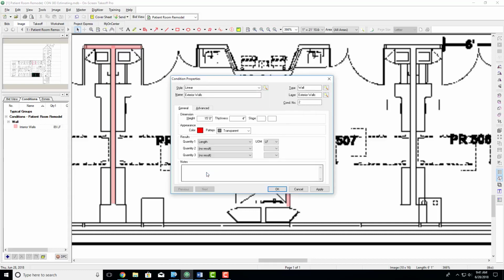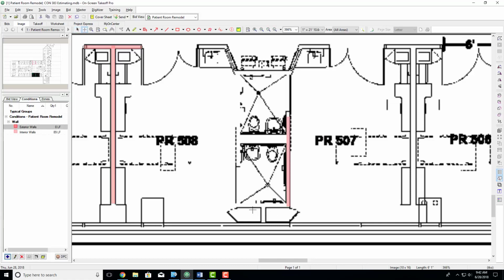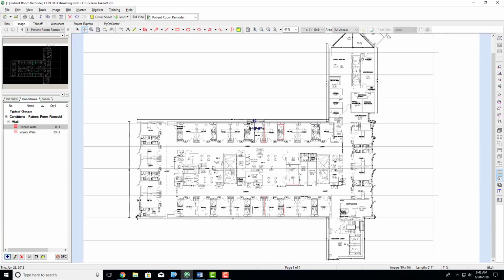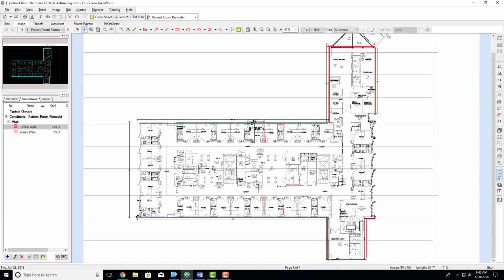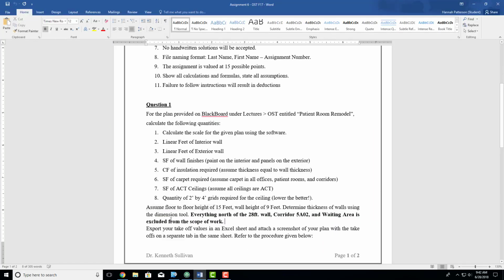And I'm going to hit OK, and I want length in linear feet. Hit OK. I'm going to zoom out, and now I'm going to get my exterior wall. So you're going to go all the way here, then you're going to go down, across, and up, and here. Then you're going to go here, here, and I'm going to cut across this because in our problem we said